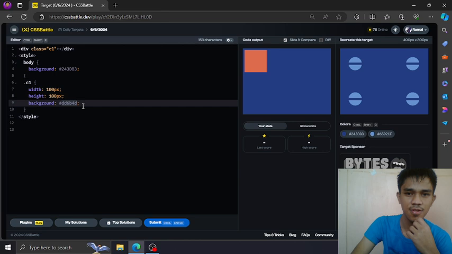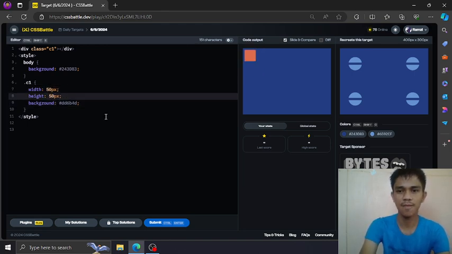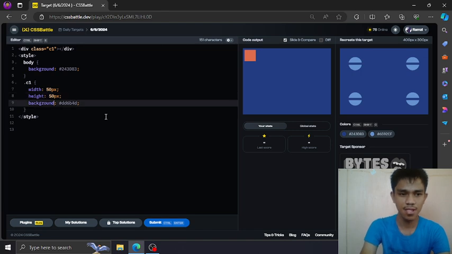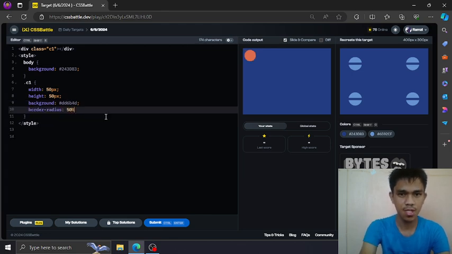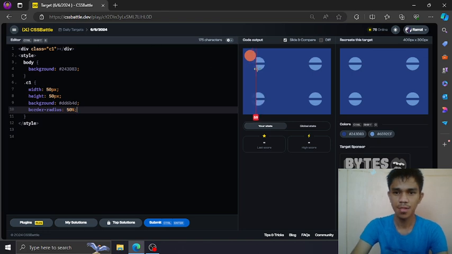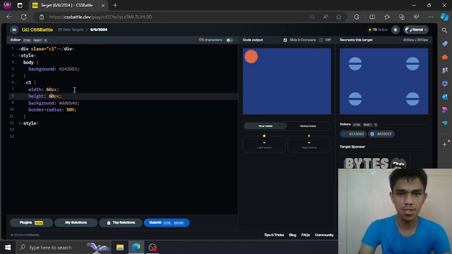Then what we need to do is to adjust the size. Maybe half, cut this half and this. Then make this circular. So put border radius 50%. Of course, it is much smaller than the original.